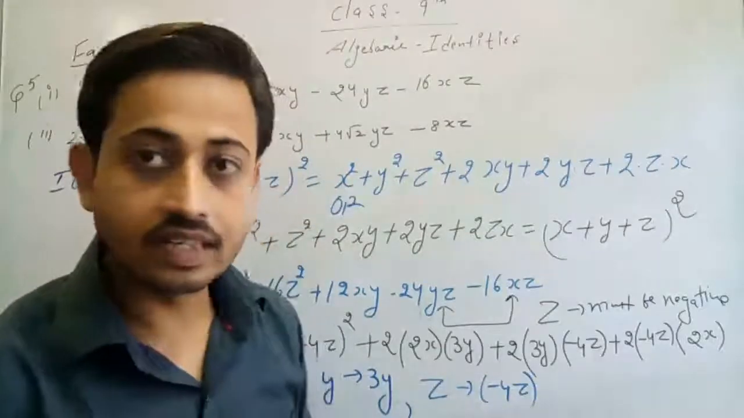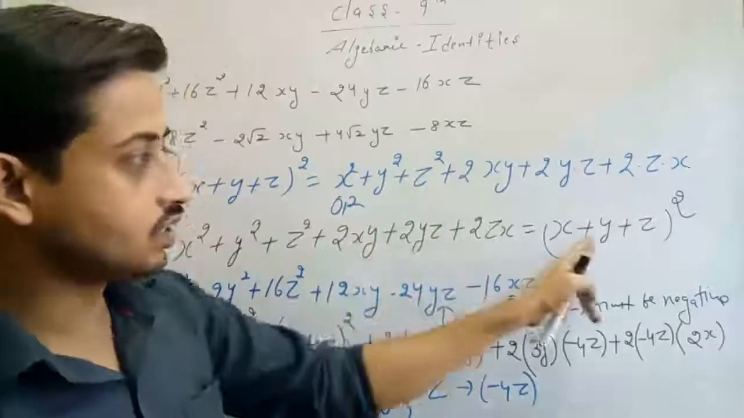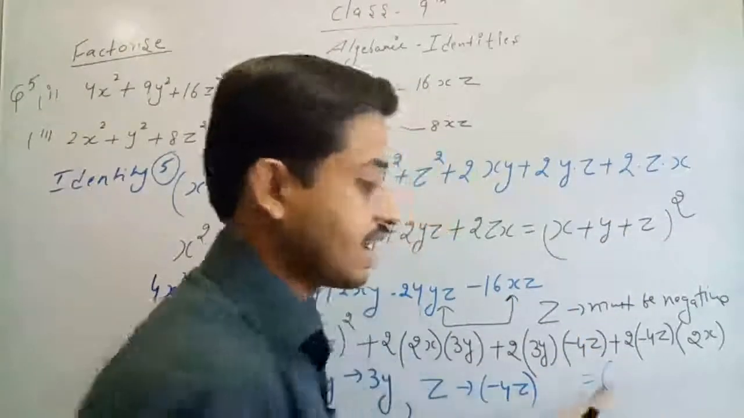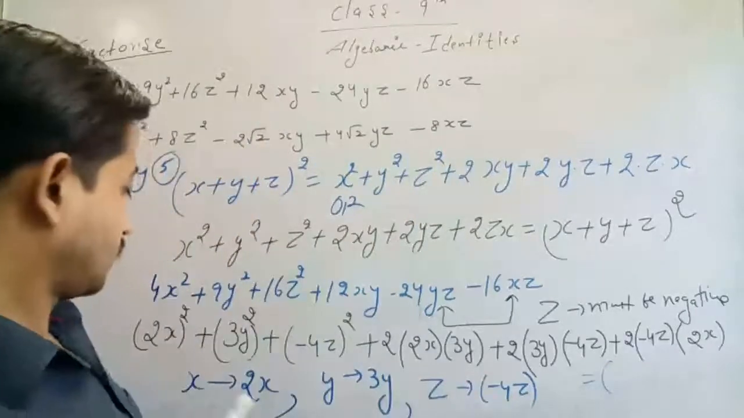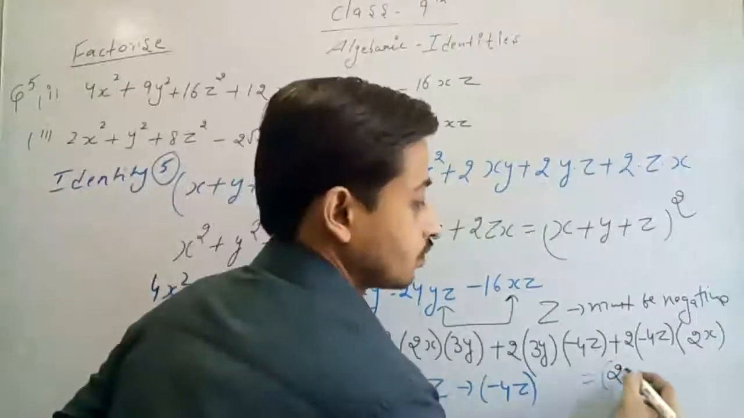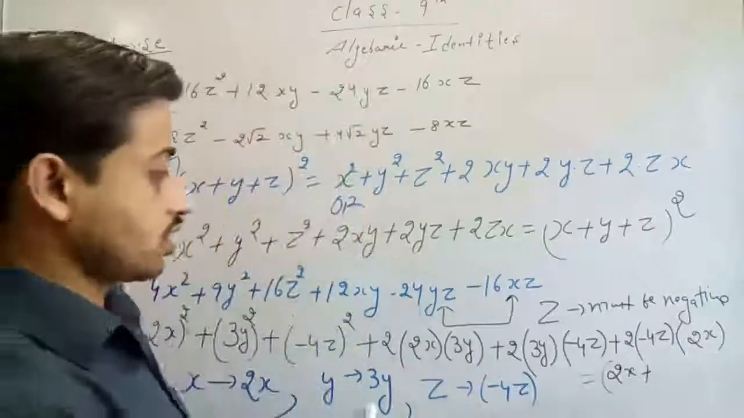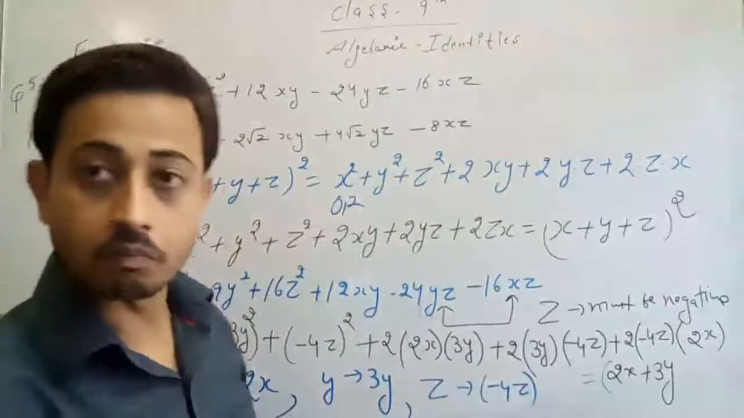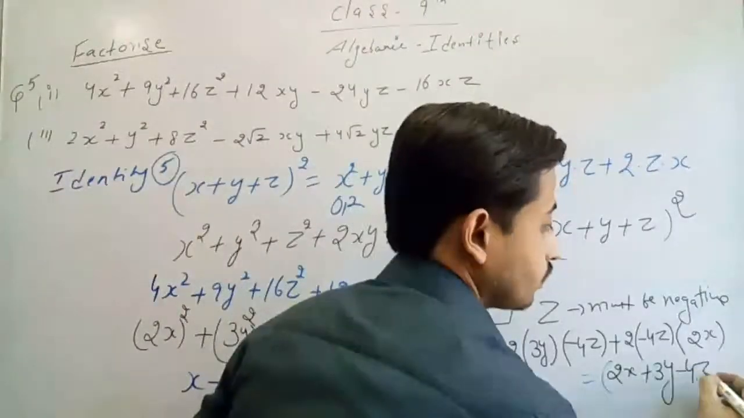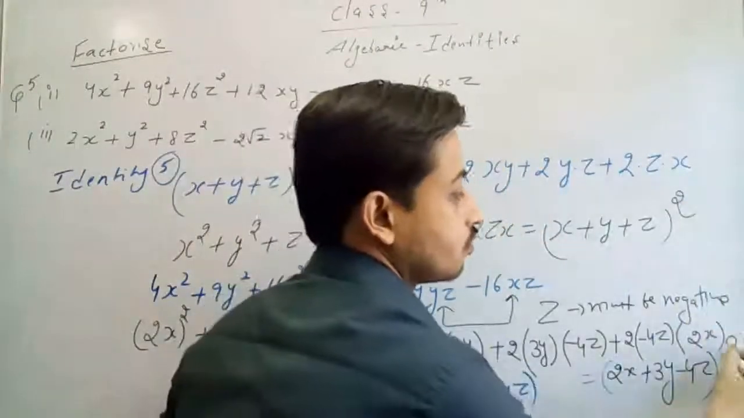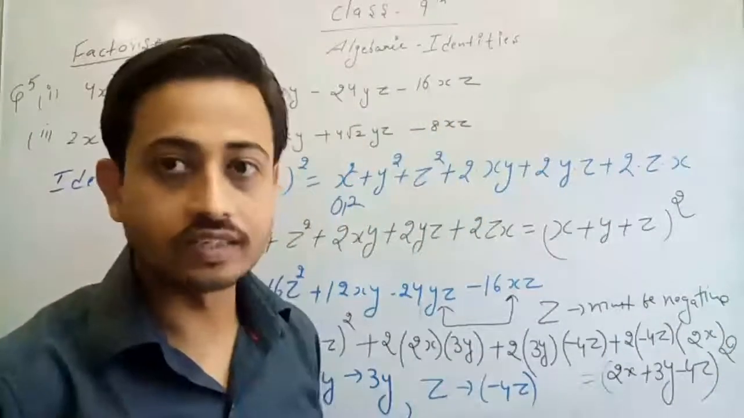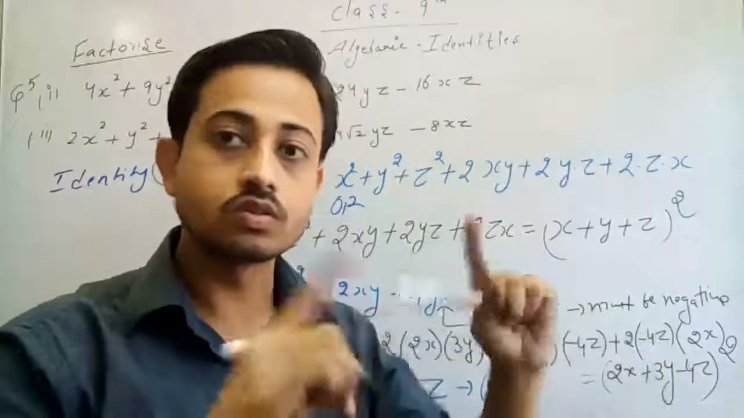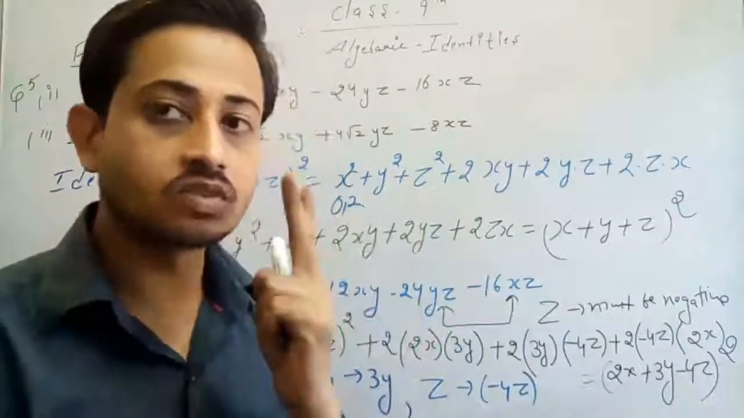So what's the identity? This is equal to x plus y plus z whole square. So what will we get? x is 2x, plus y is 3y, plus z is minus 4z, and it comes in the form of a whole square. So what's the answer? 2x plus 3y minus 4z whole square,